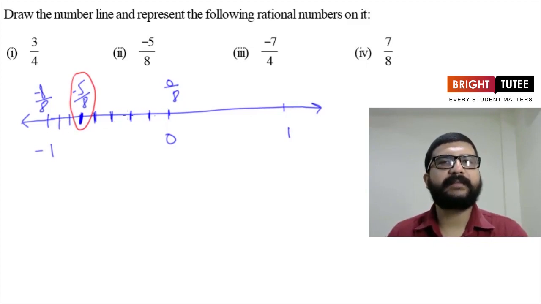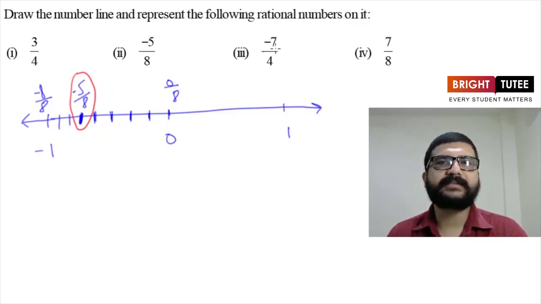So this is how we can plot a rational number on the number line. First of all, we have to check whether it is positive or negative, and then we have to check between which two integers it is lying, and then we plot those two integers on the number line and we divide the region between them according to the denominator. Here the denominator was 8, so we divided this region into 8 equal parts using one less markers, that is using 7 markers in this case. And then according to that we can get the rational number on the number line.